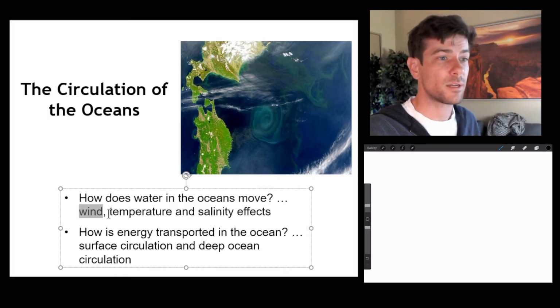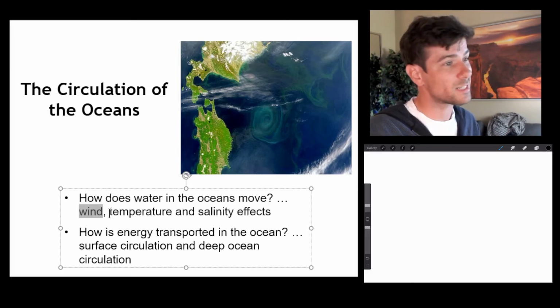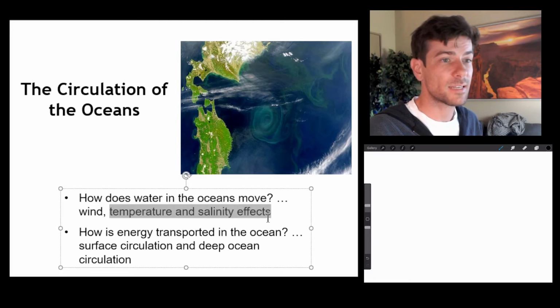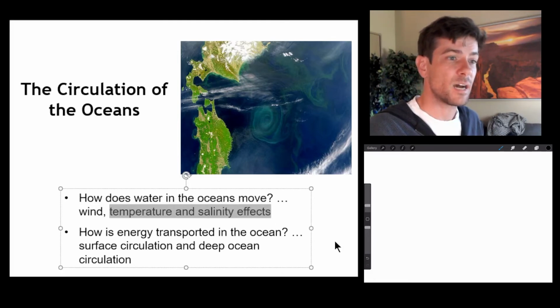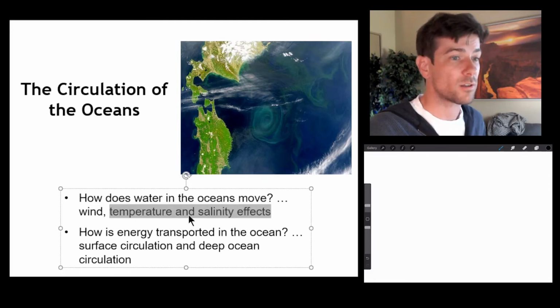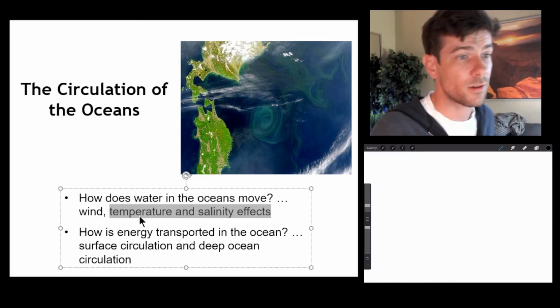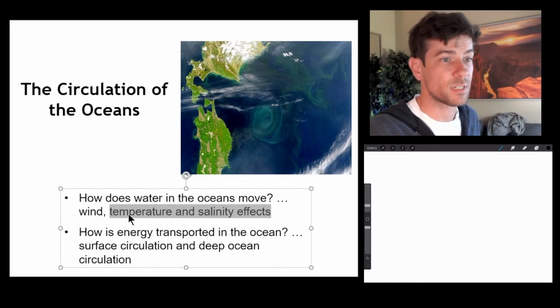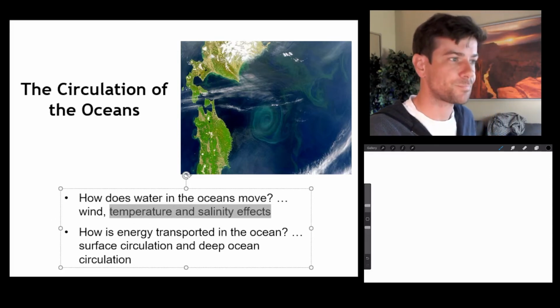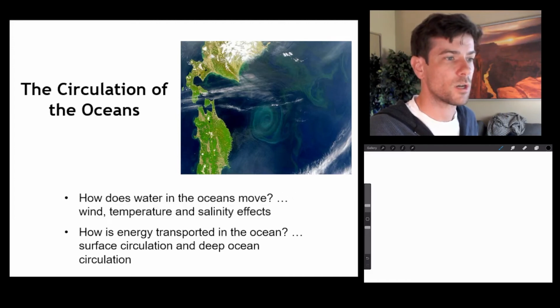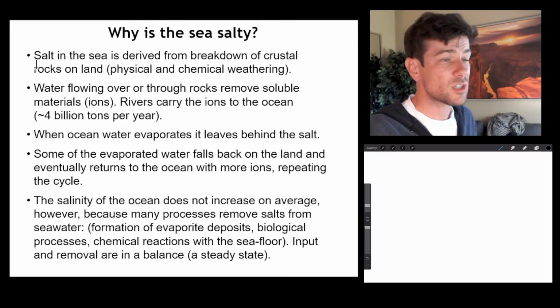Now, if we're talking about deep ocean currents, well, that's something entirely different. That's going to be driven by density, and density in water, like I said earlier, is primarily a product of the temperature and the salinity. Okay, so why is the sea salty? Well, the sea is salty because